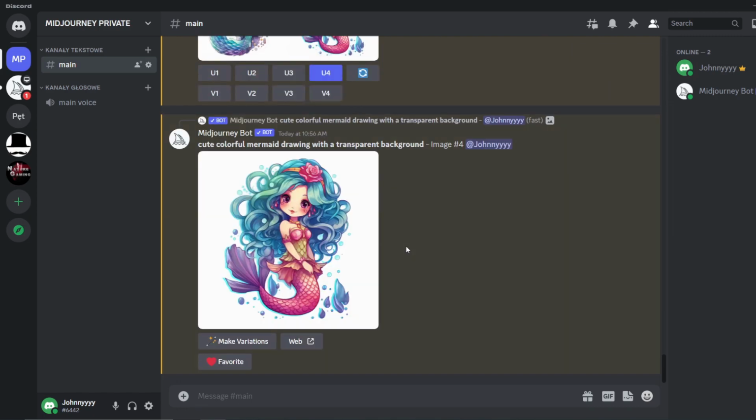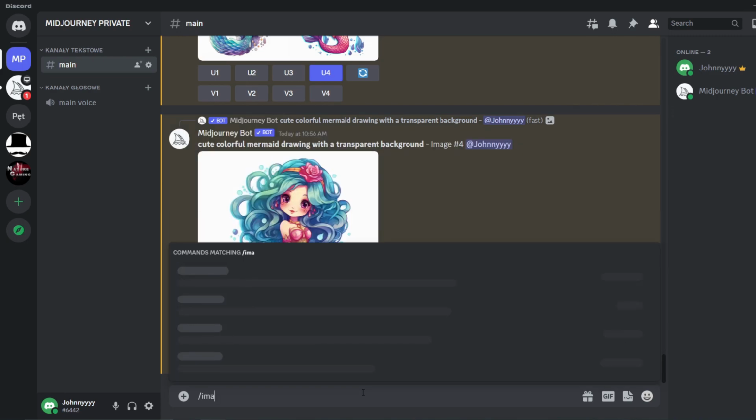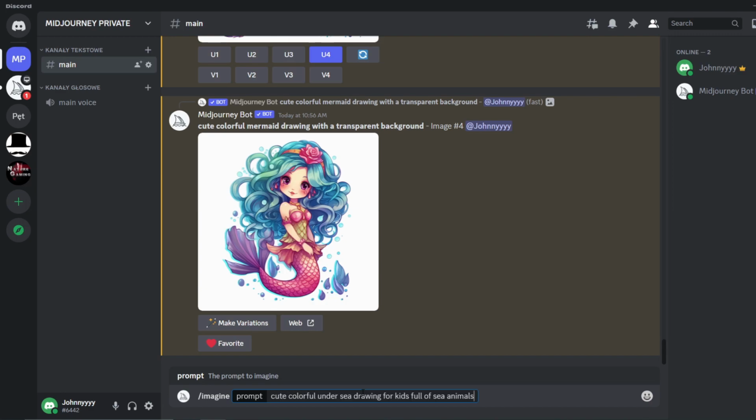Another thing we need to do, I need to add some background for this mermaid. So I also prepared a little prompt for this. We're going to again type imagine and the prompt, which is a cute colorful undersea drawing for kids full of sea animals. Maybe we can even add cute, kawaii, colorful undersea drawing for kids full of sea animals,